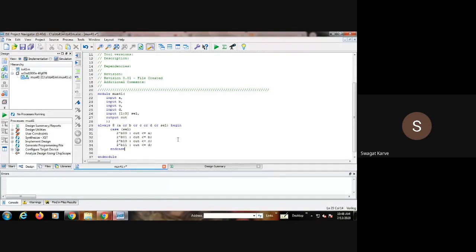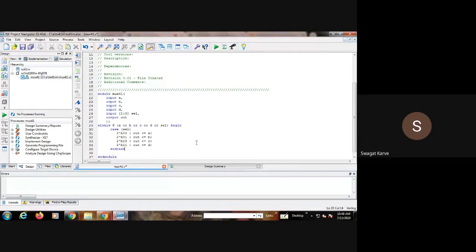We did the same thing in VHDL programming also, but instead of always there we used the process statement, and we wrote the code in a different way. There we used the when statement, right? When this select is 00, then output will get A. Likewise, we wrote the code in VHDL.